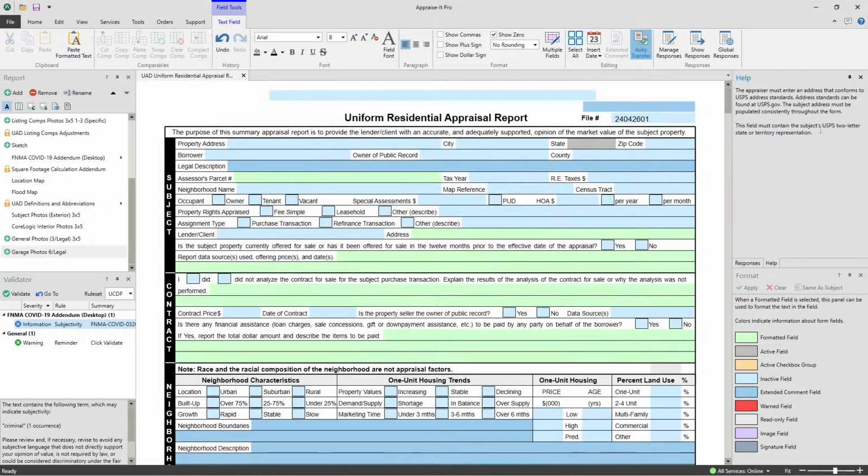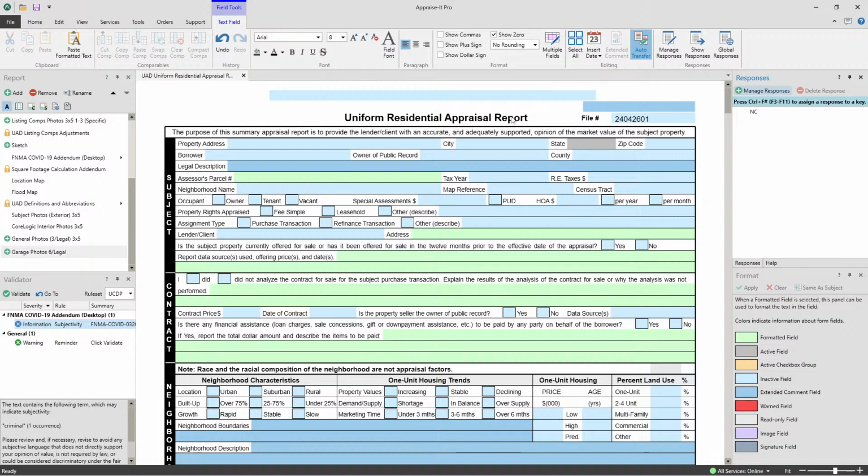Up here in the upper right is the responses panel. This is one of my favorite things that they implemented in Appraise-It Pro is how they did responses. Now, if you've been using Appraise-It Classic, you know there's the F key bar up at the top. You can also, I believe it was hit F2, and you can see the other responses that weren't assigned to F keys. All of that has been brought over to Pro, but a little bit different interface,